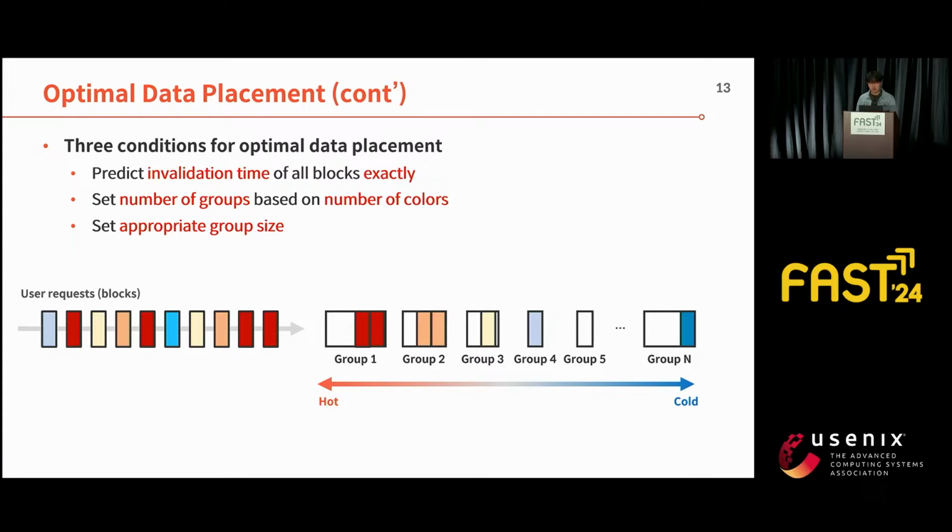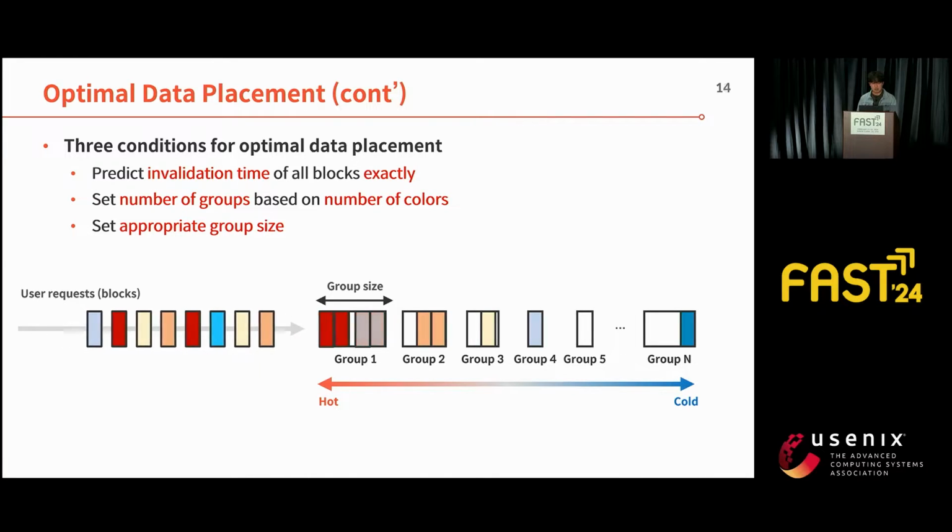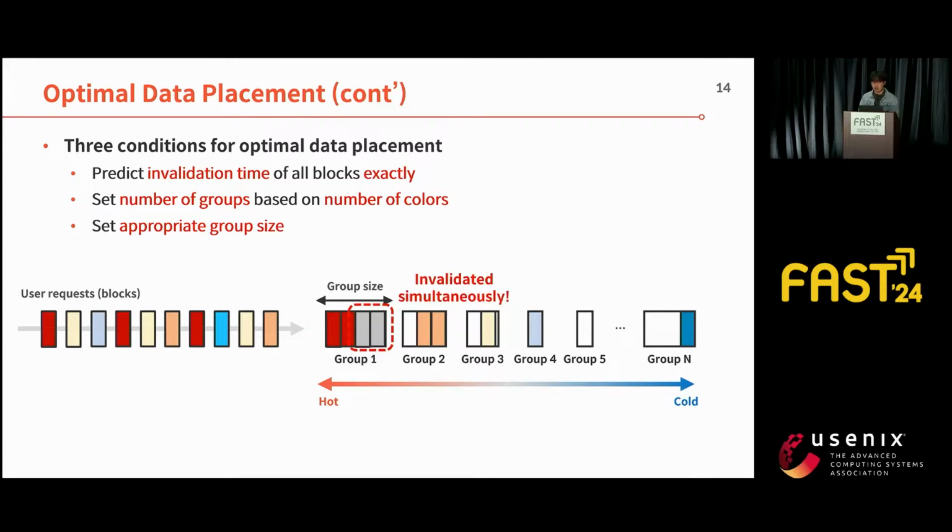So the optimal algorithm must also determine an appropriate size for each group to ensure it offers sufficient time for block invalidation. The group size represents the maximum number of blocks that can be accumulated within the group. If each group is allocated a larger size than the previous size, more blocks can be accumulated into the group, delaying the point at which the groups become full and trigger GC. So this sufficient size ensures a longer invalidation time for the blocks.